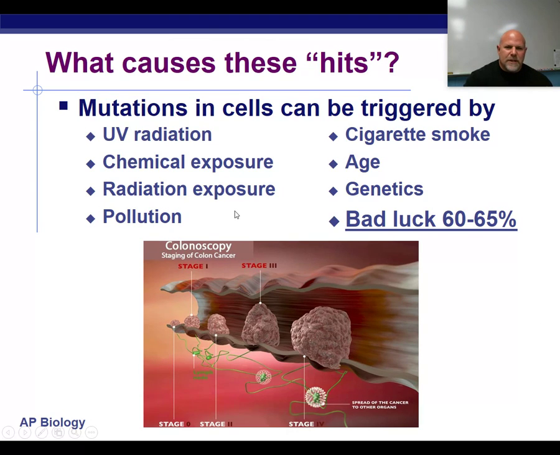What types of things are going to cause cancer that we may be exposed to on a regular basis? Well, we know UV radiation. We always talk about skin cancer. Chemicals that people work with, herbicides and fungicides and insecticides and different chemicals people work with all the time have the potential risk of causing